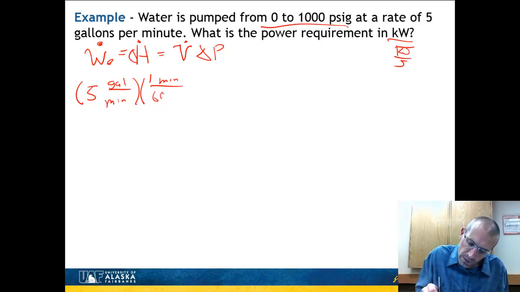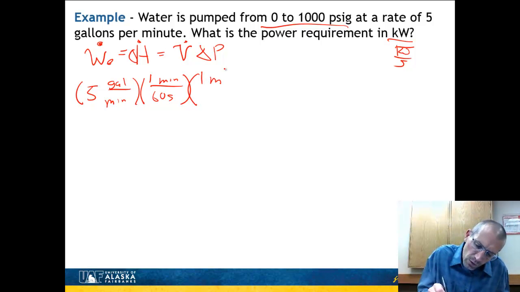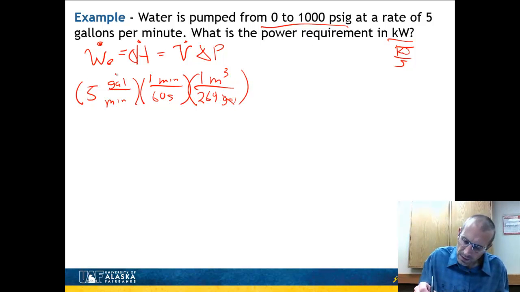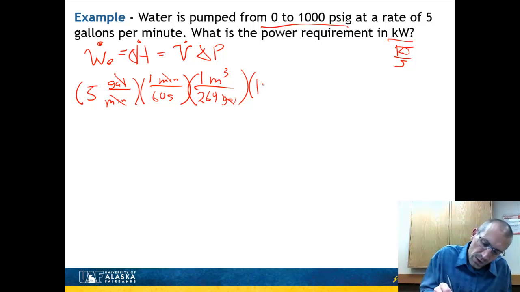1 minute is 60 seconds. So there's my volume flow rate. But I've got this in gallons. Let's get this into normal SI units, which is going to be cubic meters. So I've got a conversion factor in the book that 1 cubic meter is equal to 264 gallons. And that's going to cancel out my gallons. My minutes are canceling. So now I've got cubic meters per second. So now I just need to put in my pressure change of 1,000